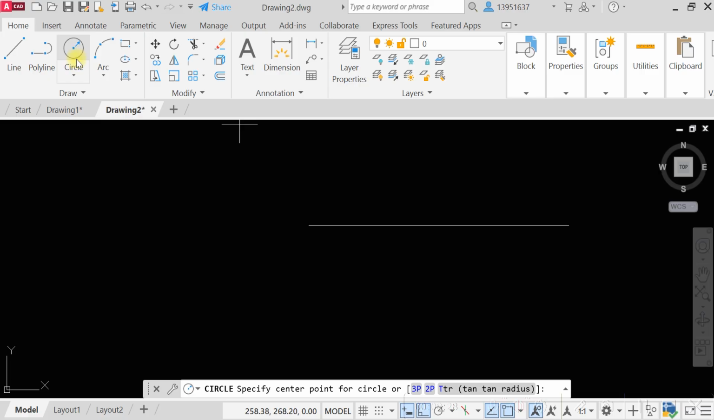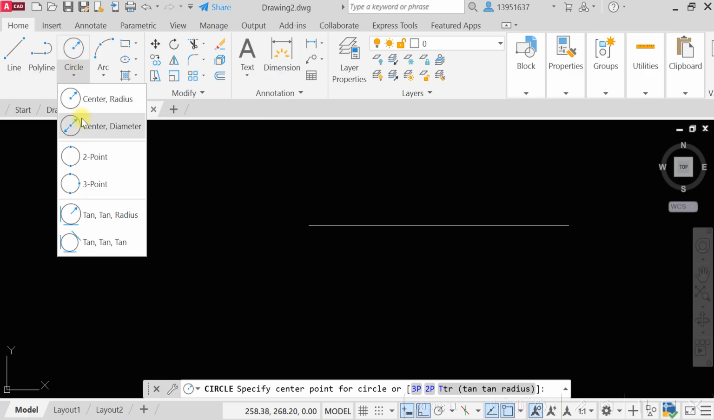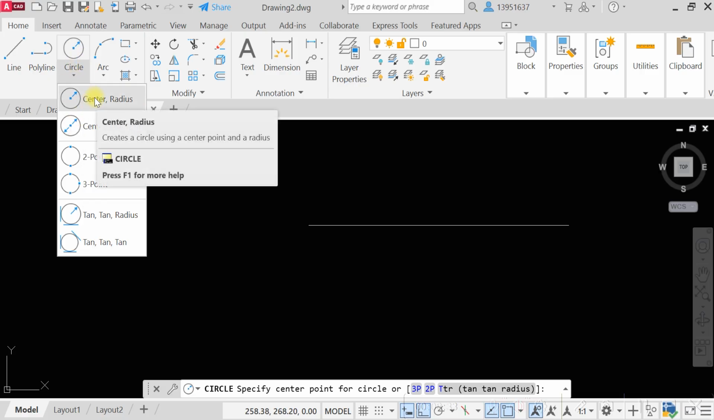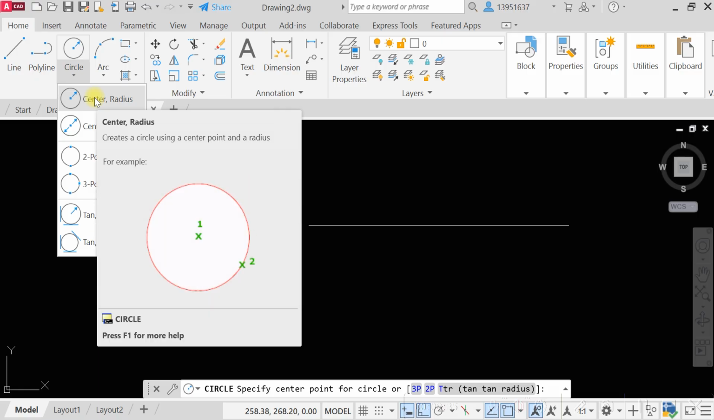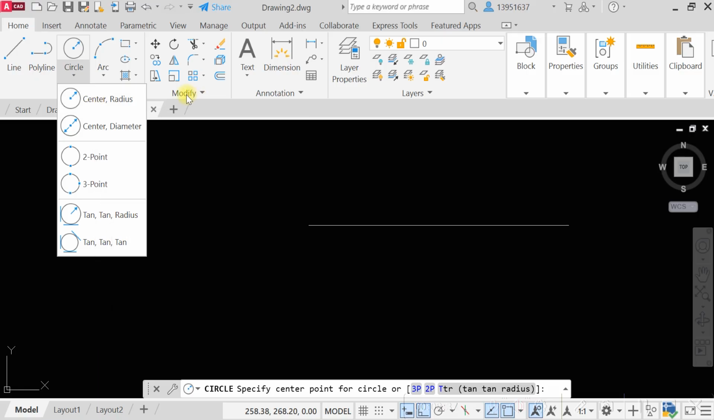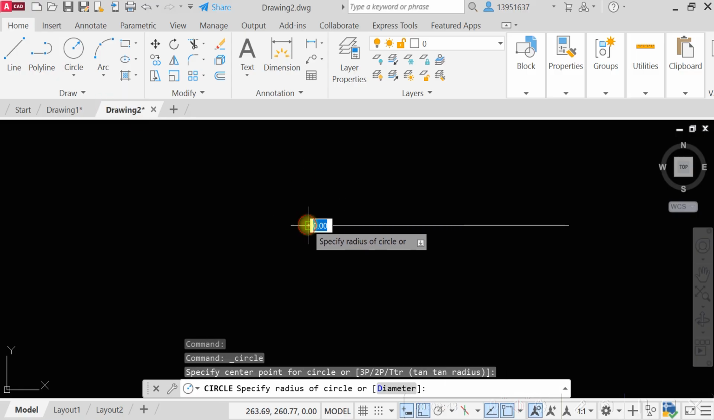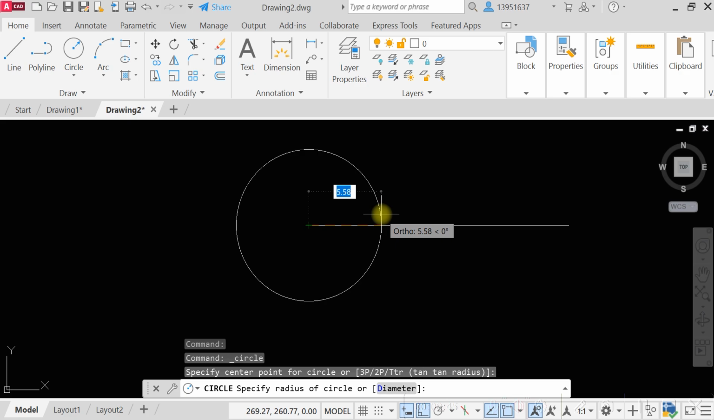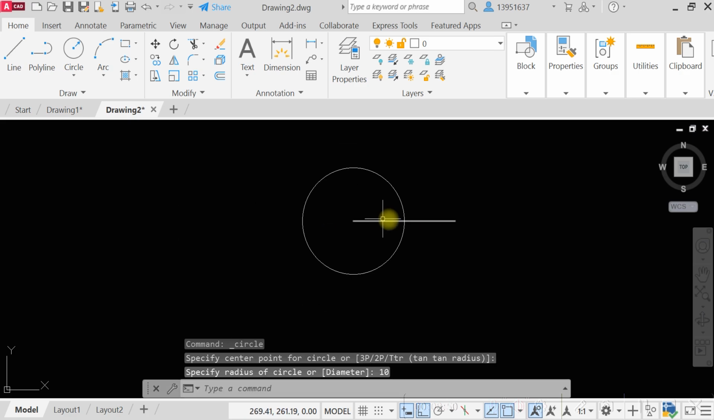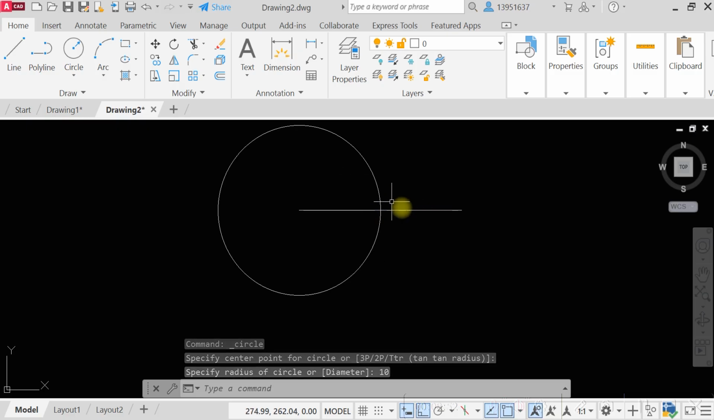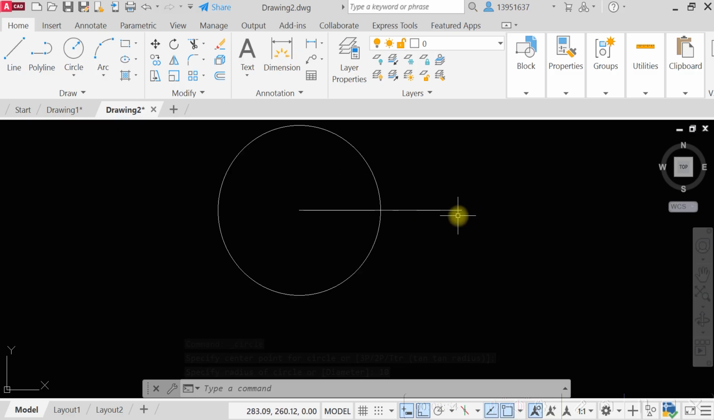I'm going to click circle over here. I'll click the arrow like this, and I'll come here where it says center radius. I'm going to click this point over here. I'm going to type the radius of 10. Okay, press OK. Now I know that from here to there is also 10 units, so I can also come